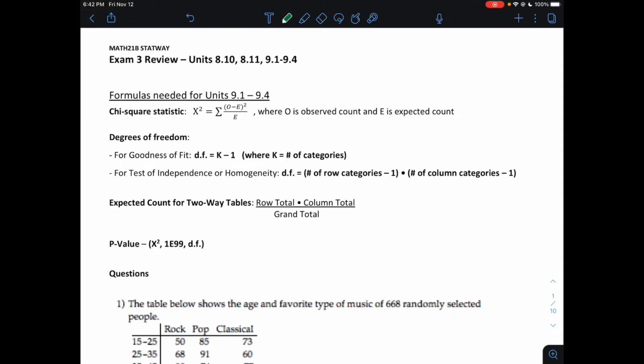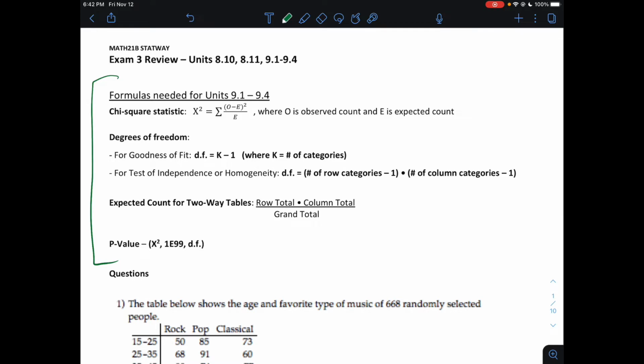So here's a video going over the Exam 3 review for our class. First, at the top of the review, just take a note of these formulas. They're only for sections 9.1 through 9.4. We don't need any formulas for 8.10 and 8.11 because that was ANOVA, and we are mainly using the calculator